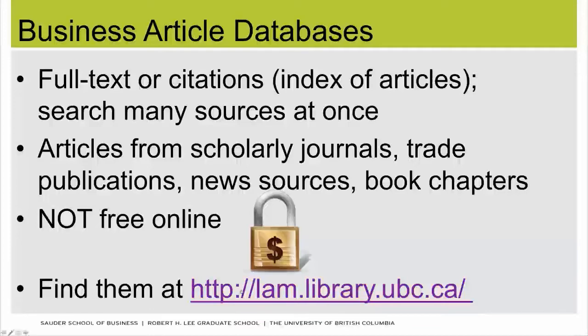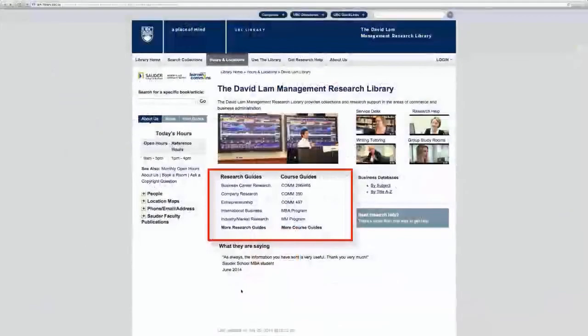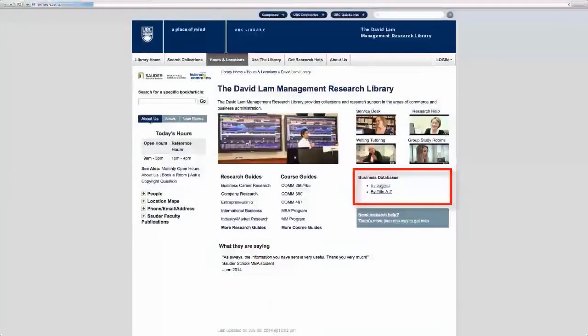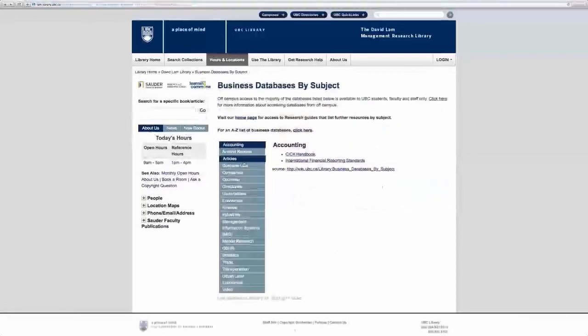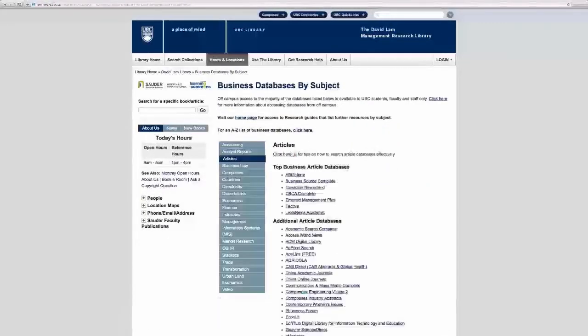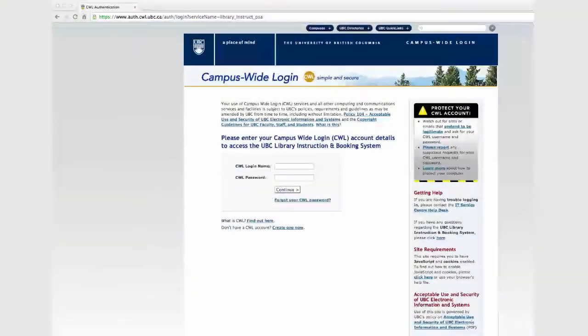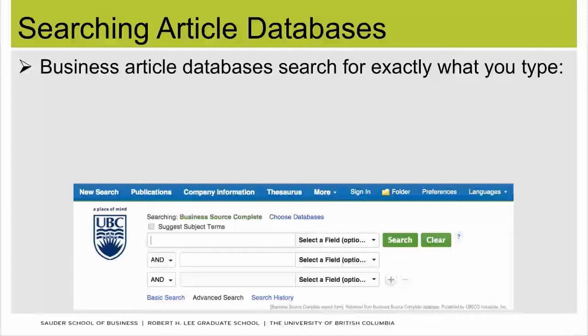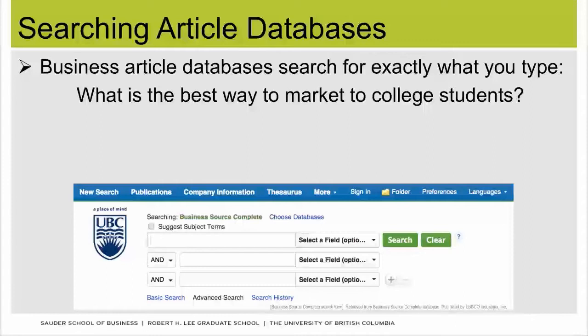Instead, use the links to databases available from the David Lam Library homepage and in UBC Research and Course Guides. As a UBC student, you can access library licensed databases off campus by logging in with your CWL. Searching databases is different than searching with Google. Databases search for exactly what you put in. Entering a sentence or question will cause the database to search for all of those words, and you won't get good